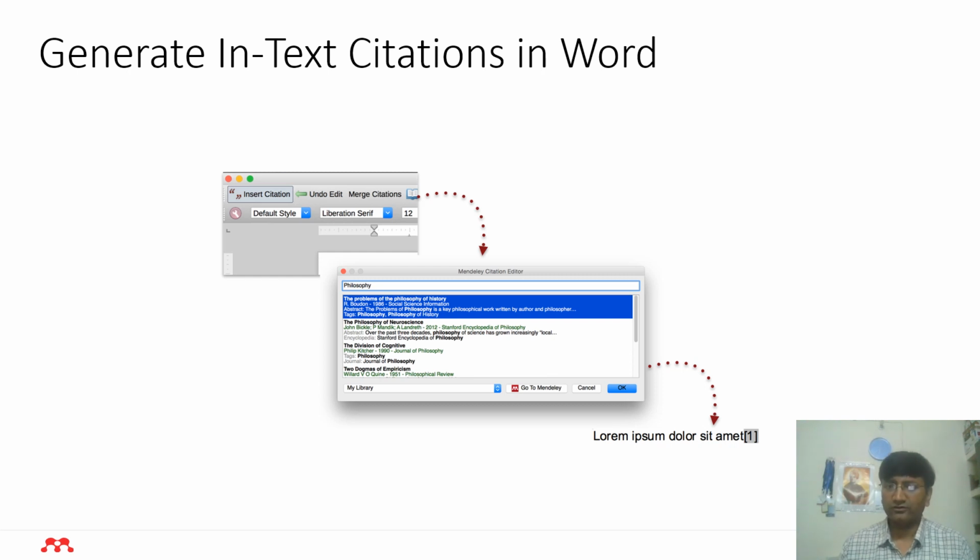In-text citation, how is it generated? You have a text, you just click where you want to insert a reference, and then go to the reference, insert reference, and you type your keyword, or if you know the author's name, type the author's name. If you know the DOI number, you type the DOI number. That reference will be populated. Select the correct reference and click OK, and it will come like that.